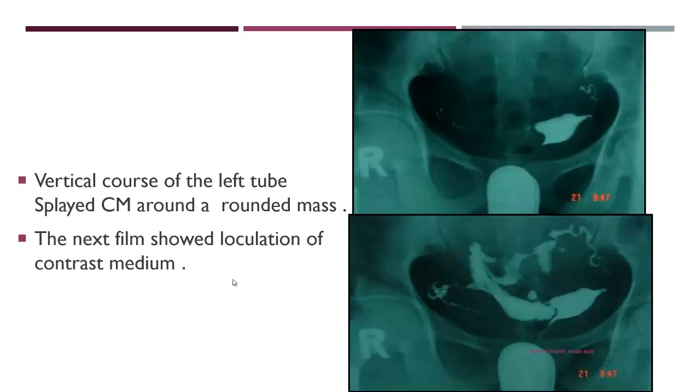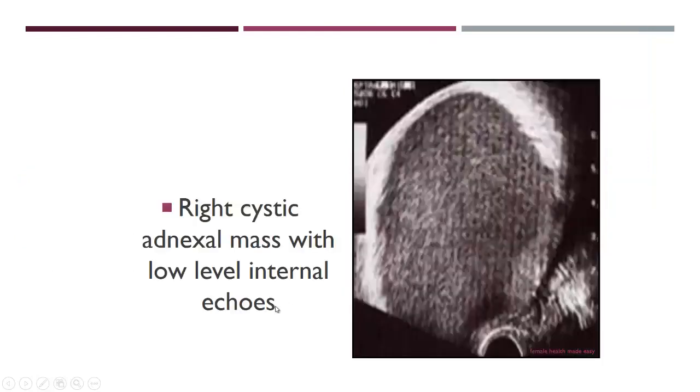So we have here a vertical course of the left fallopian tube, splayed contrast around a rounded mass, and the next film shows loculation of contrast. This is the typical loculation due to pelvic adhesions. And this is the cause. By ultrasound and MRI, you can see the cause for these adhesions, and this is the second cause for tubal